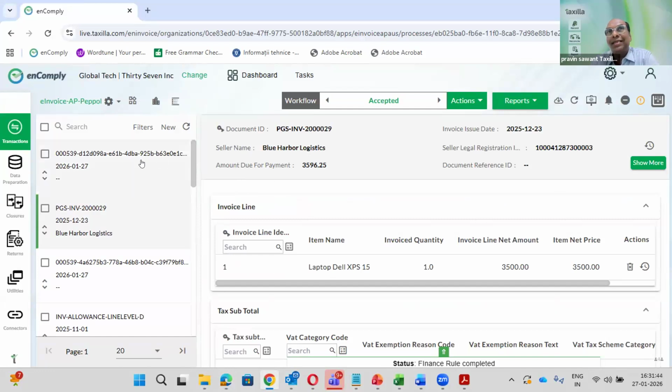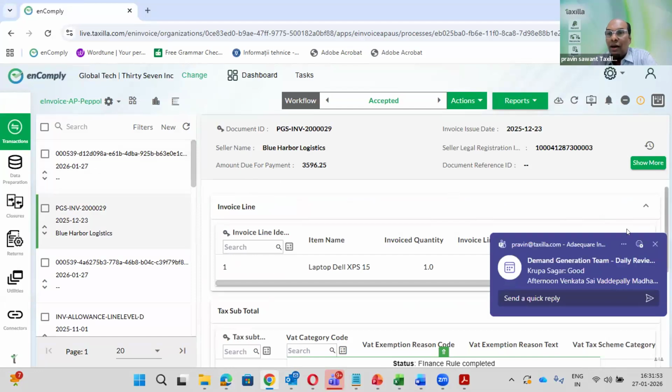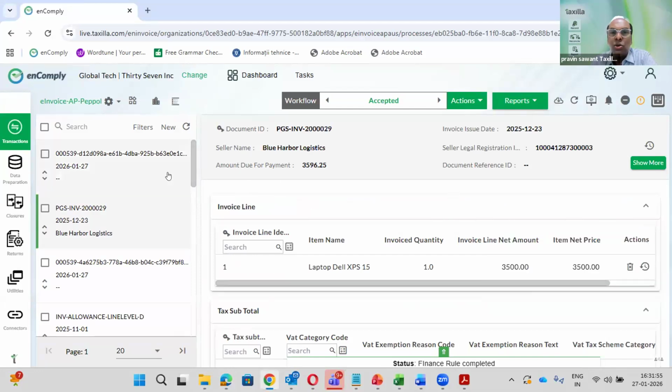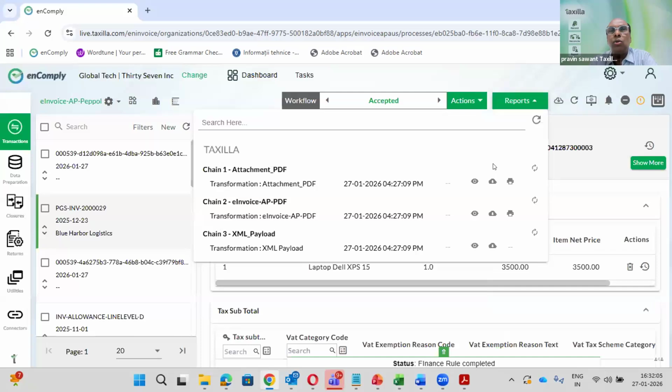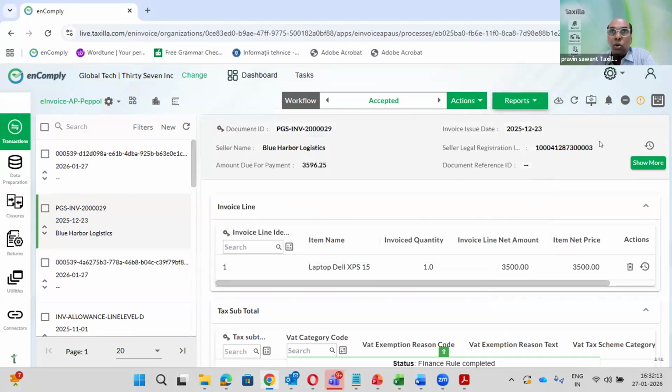Now here you can see a webhook concept. Webhook means whenever I receive the response, I can directly send it to the buyer here. You can do that, or I will send an email by default. Your procurement manager can simply come here and download the daily invoices, or we can push them to their FTP server. The functionality is available. If you don't want to automate, you can do it like this. This AP invoice is complete data with the optional, mandatory and conditional mandatory fields.